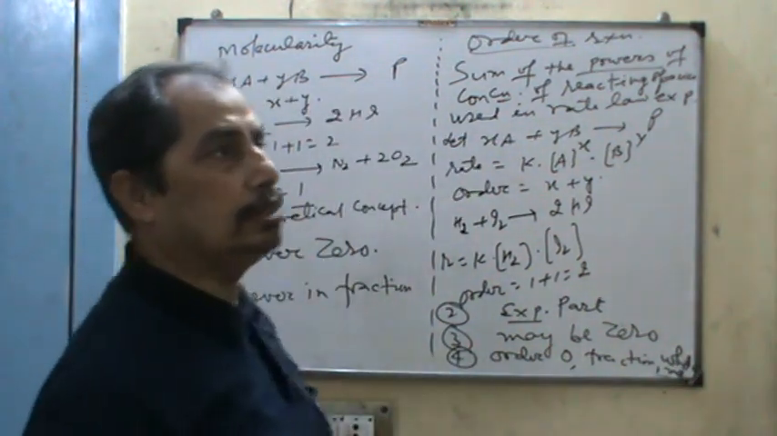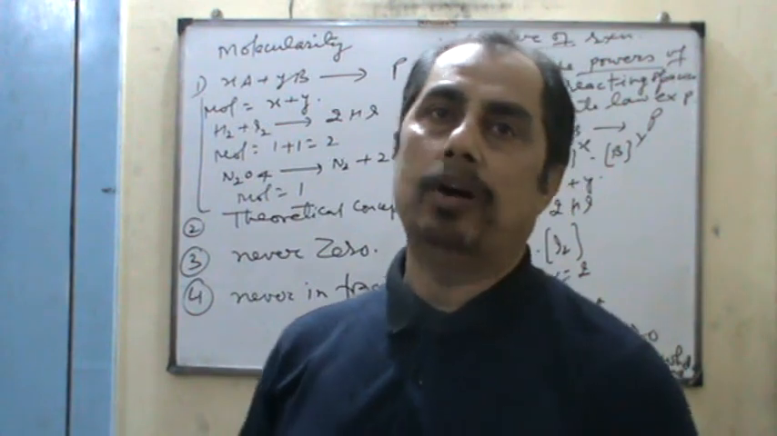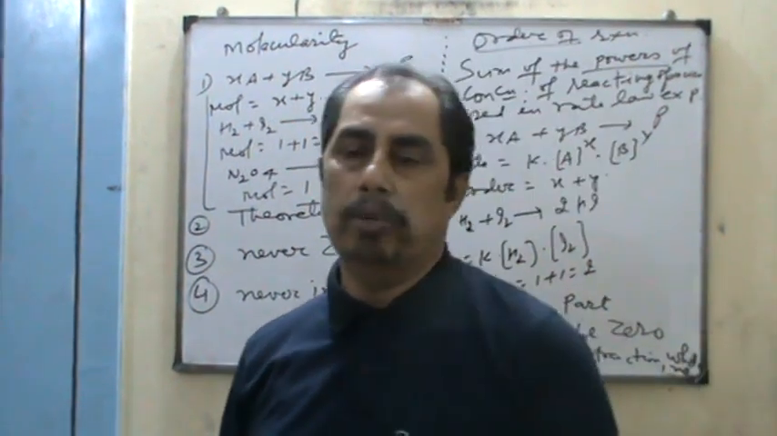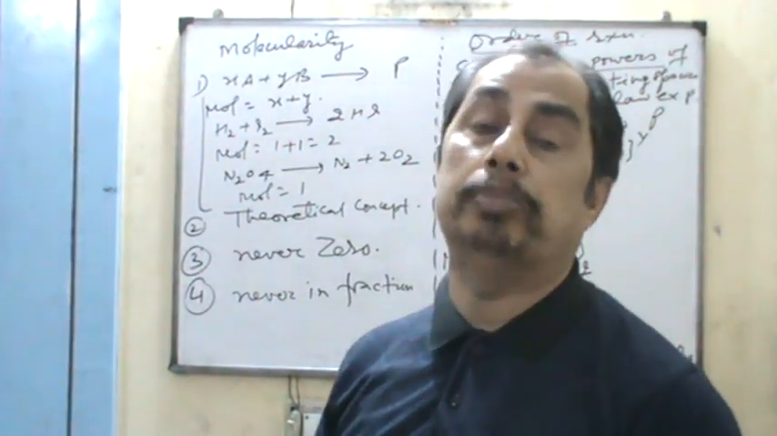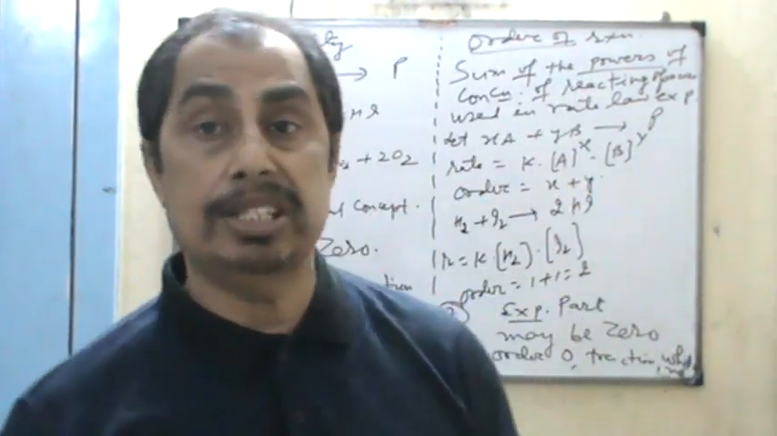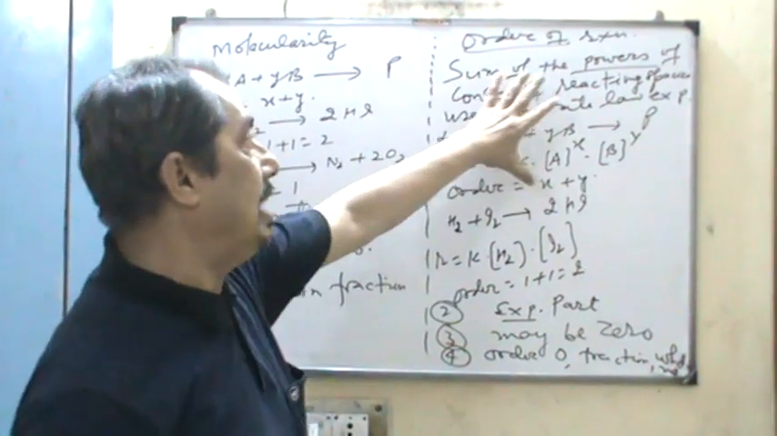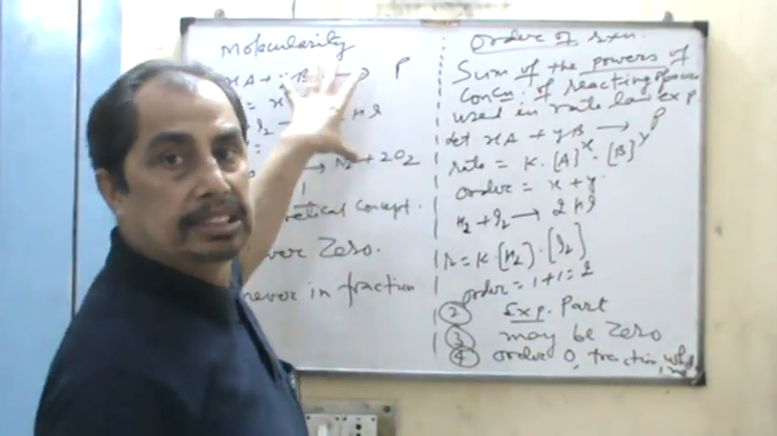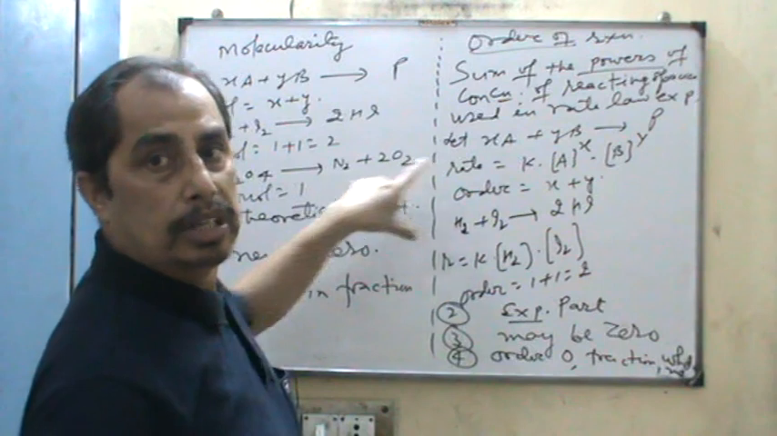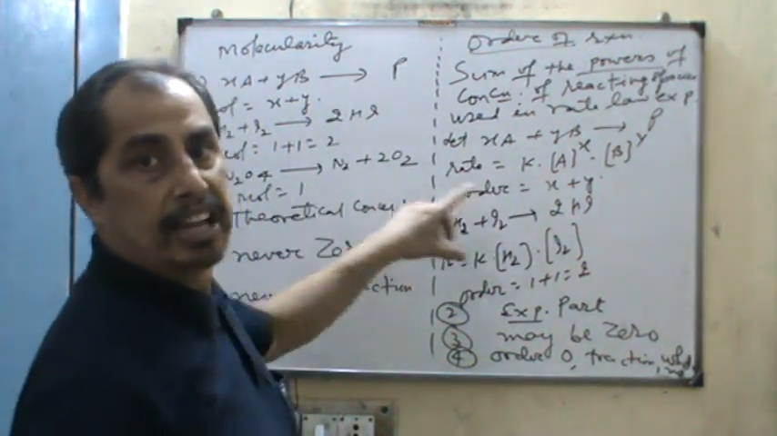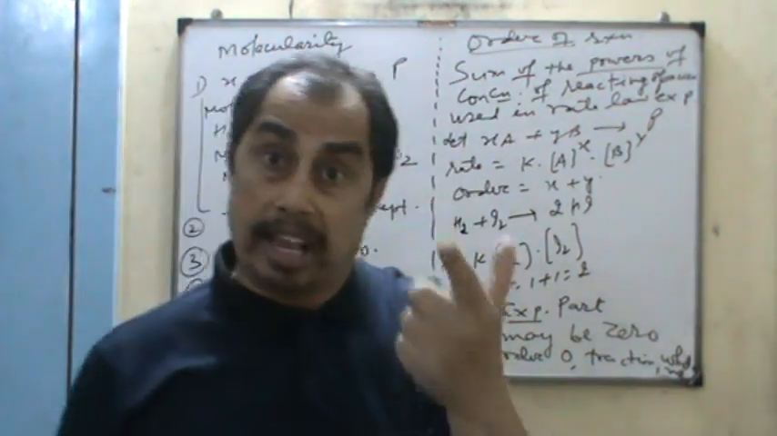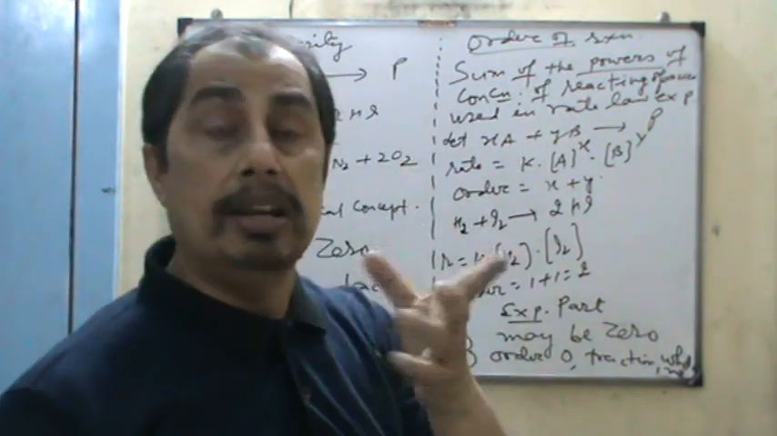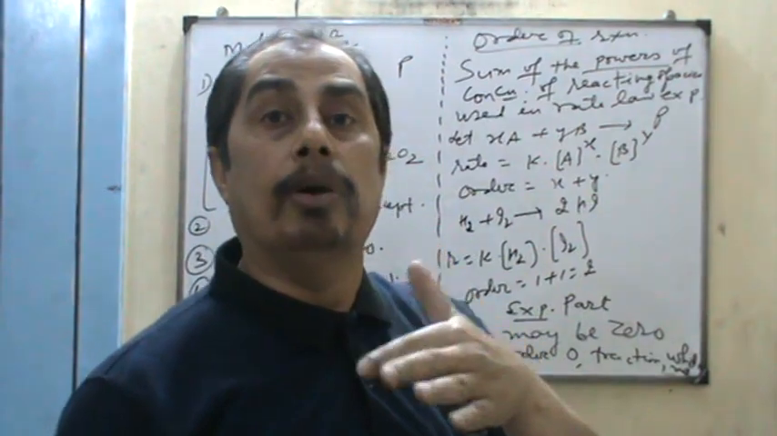These are the differences between molecularity and order of reaction. Molecularity is the total number of moles of the reactants. Order is the sum of the powers of the concentration of the reacting species. Order of reaction is highly experimental. Molecularity is theoretical. It is never zero, while order can be zero. It is never fractional, while order can be fractional. For elementary reactions, molecularity and order are the same. But for complex reactions, molecularity is different from order of